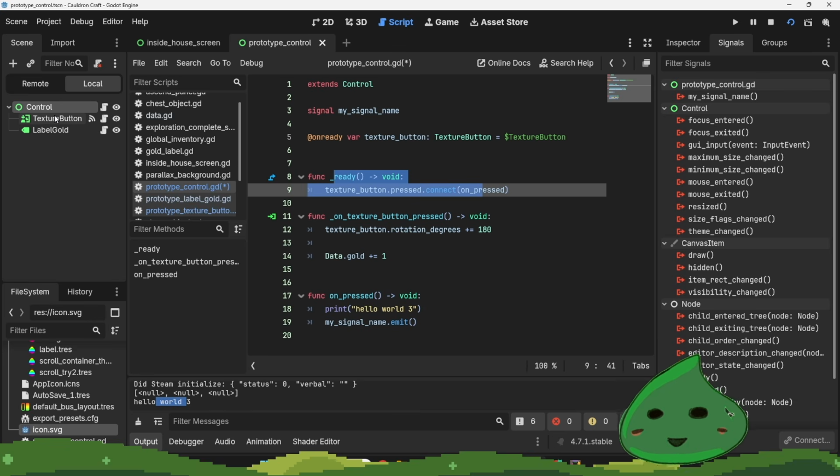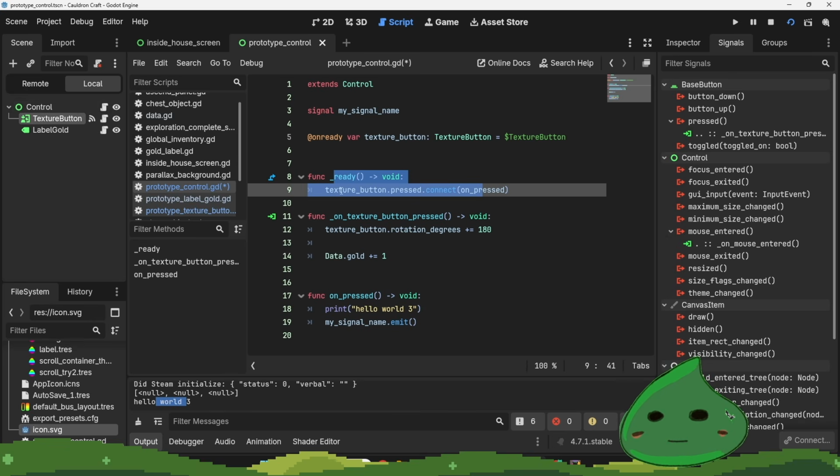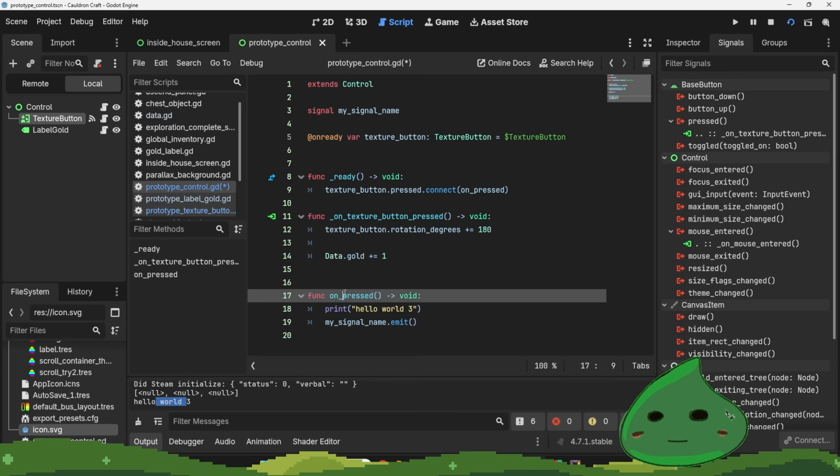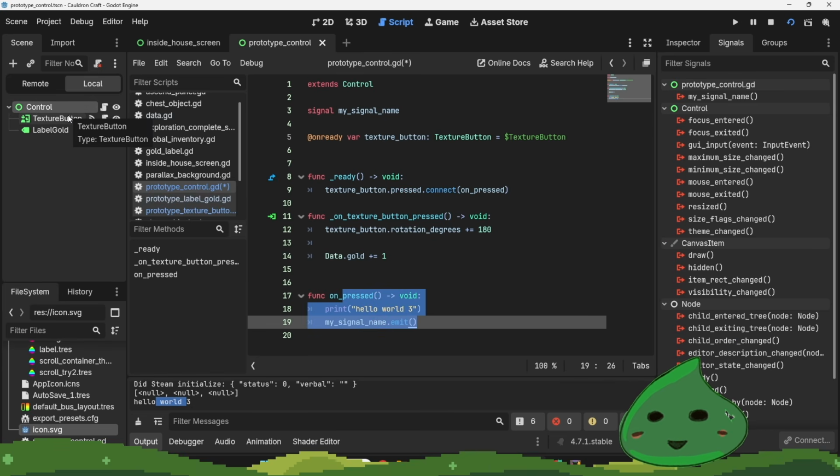It's at the parent level, so we've signaled up. Texture button pressed, and we've connected it, so that when there's a signal emitted here, something happens on the parent. But now, if we wanted to signal down, we don't have to signal down, because what we can